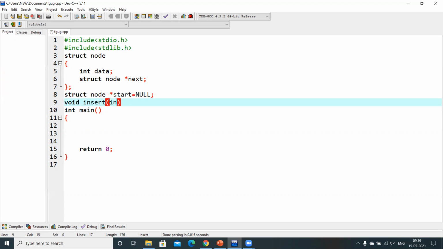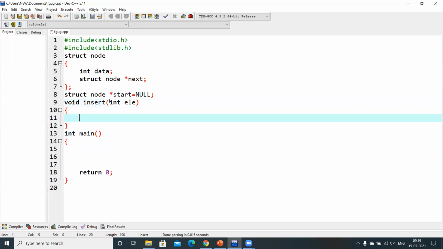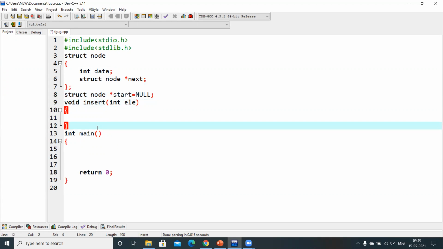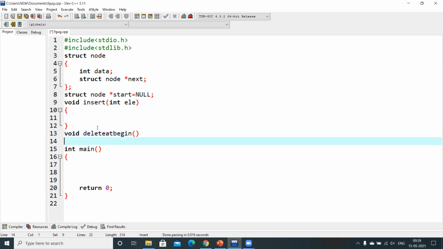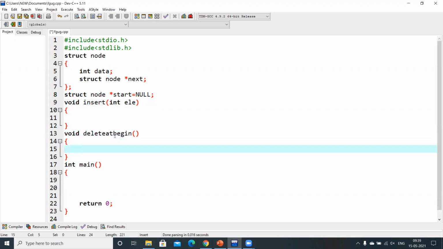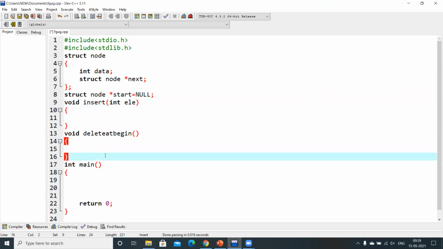So let me take insert, and it will take the element, right? Int element. Let me close it, and then I need to take the delete functions, right? Let me take the possible three cases of deletion. Void delete at begin. In order to delete, we should not take any parameters, right? This method won't take any parameters.